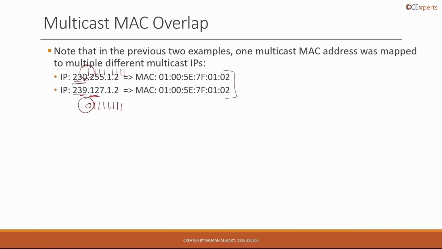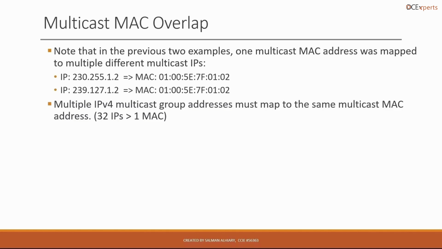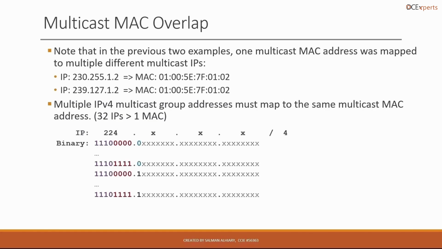Keep in mind, the first octet is always replaced with 01005E. So only the last 23 bits make the difference, right? Multiple IPv4 multicast group addresses must map to the same multicast MAC address. By definition, for every one MAC address, there are 32 IP multicast addresses mapped to that multicast MAC address. And to understand why it's 32 IPs, look at this here. This is the multicast range